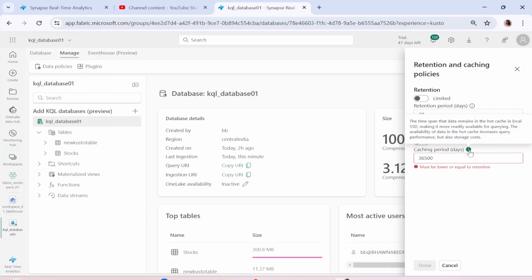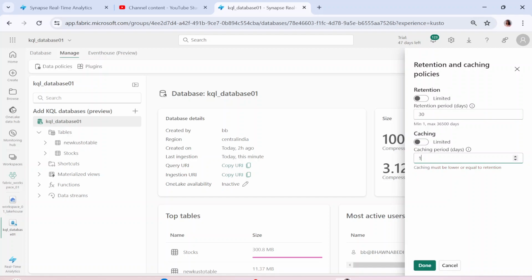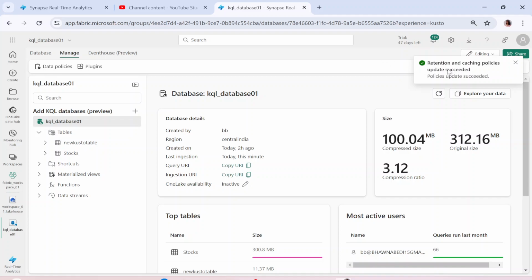Try to keep the caching period as less as possible, because since the data is stored in the hot cache, in the local SSD, you are actually paying for that cost of storage, the hot tier cost. Because of that, try to keep it as less as possible. So let's take it as 1 day here. Here also let me keep it as 1 day and click on done. So you can update your policies over here.